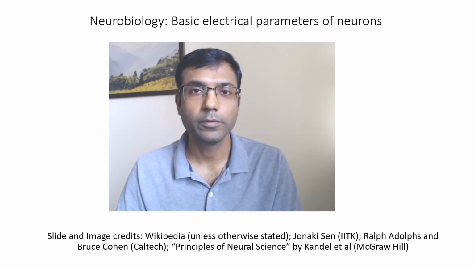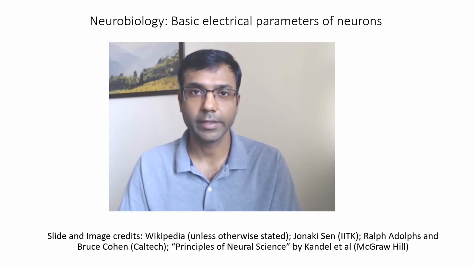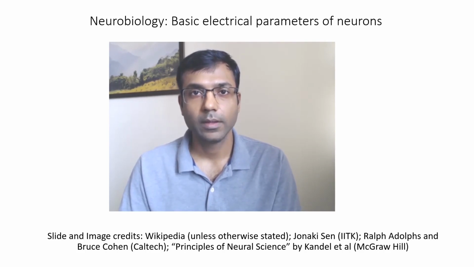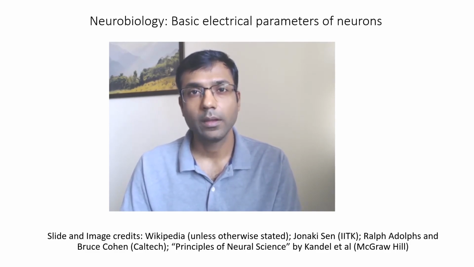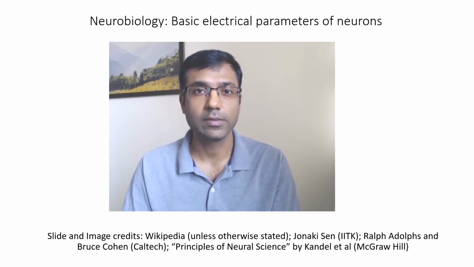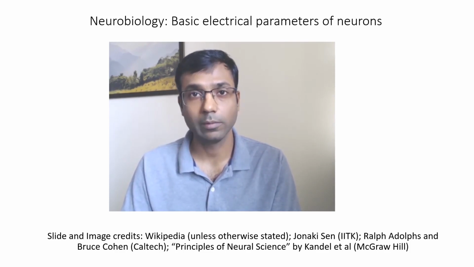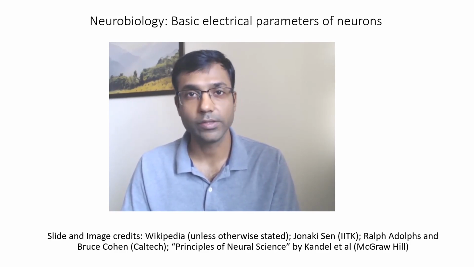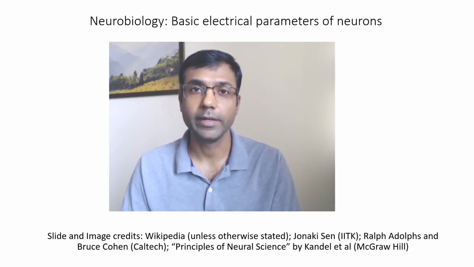In the last video, we saw how electrical activity is generated in the brain by the movement of charged particles. In particular, these charged particles are various ions, sodium, potassium, chloride, calcium, which move between the inside and outside of the neuronal membranes. We saw the role of the membrane in controlling this movement, the role of ion channels, and various ion exchange